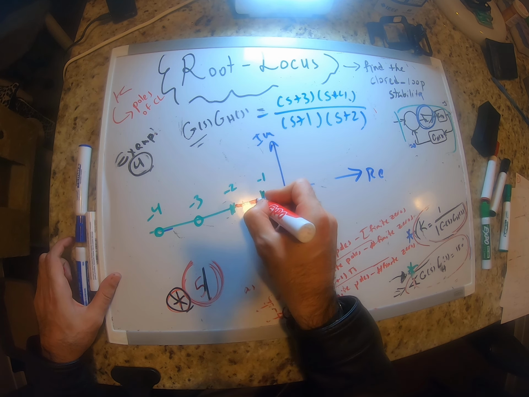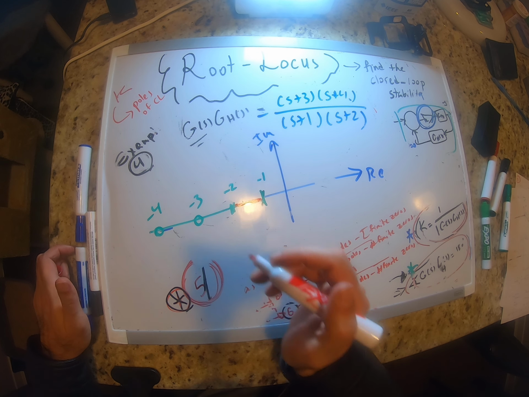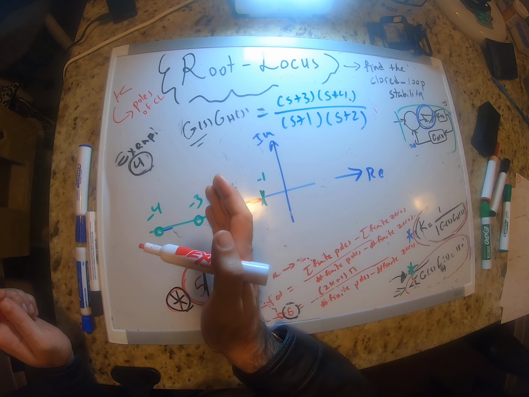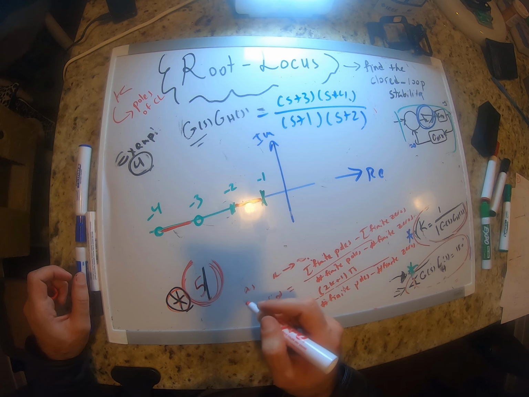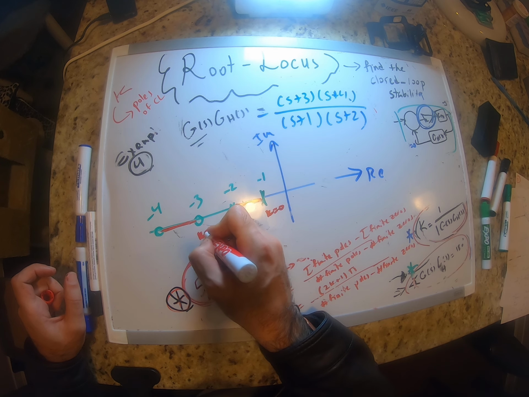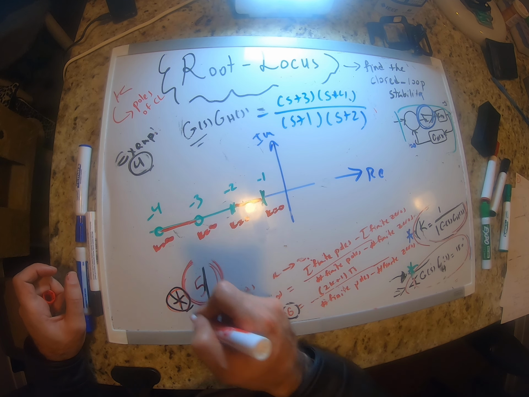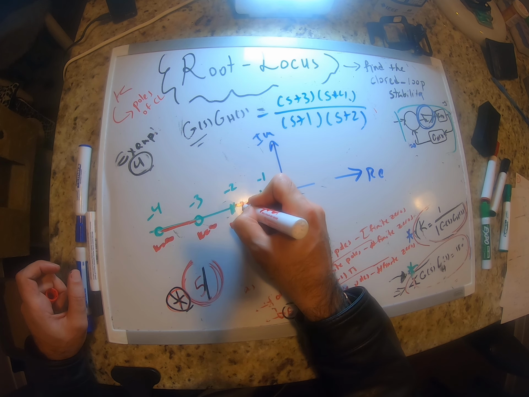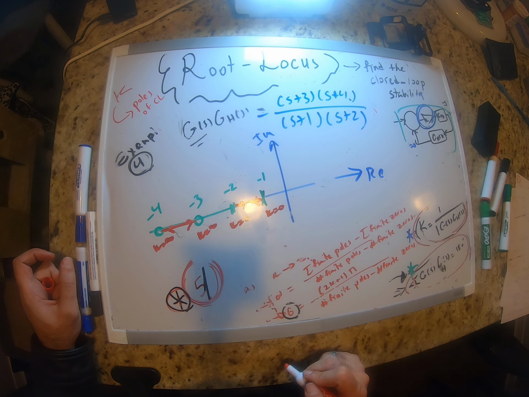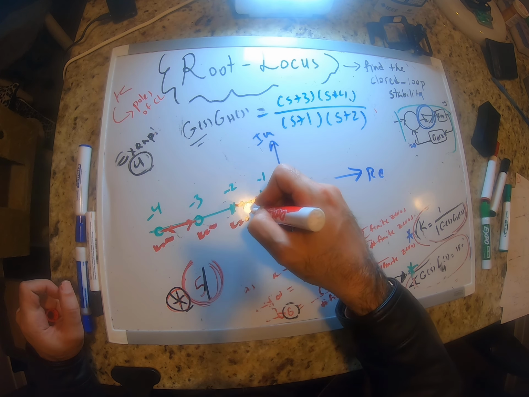We have a line here, to the left of an odd number of poles or zeros. No line here because there are 2, and one line here. Okay. The root locus always starts from the pole and goes to a 0. So we know that we are going from here to here, and we are moving towards the zeros. And this one again, it's just intuitive. You have to do a lot of them to figure this out, but it's